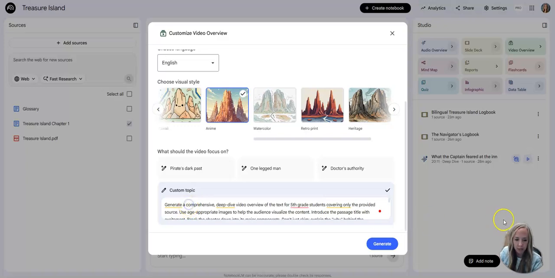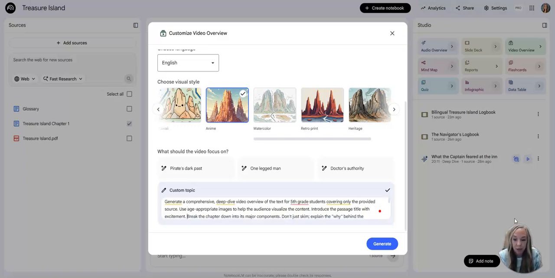I'm asking NotebookLM to generate a comprehensive deep dive video overview of the text for 5th grade students, covering only the provided source. I want it to use age-appropriate images to help the audience visualize the content. I want it to introduce the passage title with excitement, break the chapter down into its major components. I don't want it to skim, but to explain the why behind the character's actions so the students understand the